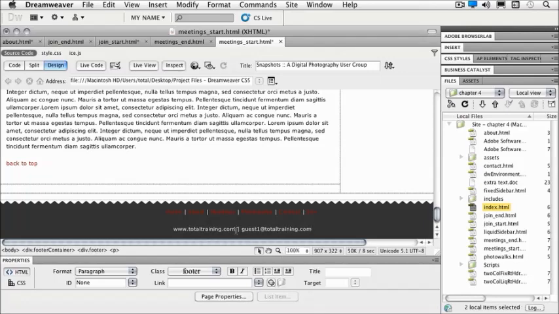So the first one is an absolute link. So far we've created relative links because they're relative to the document that we have open at the time. My absolute link, however, needs to have the absolute URL in the link field. So if I actually type http://www.totaltraining.com, hit my enter or return key,